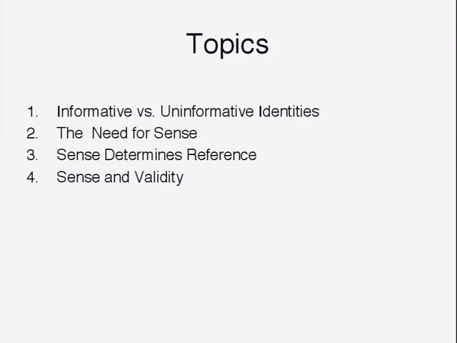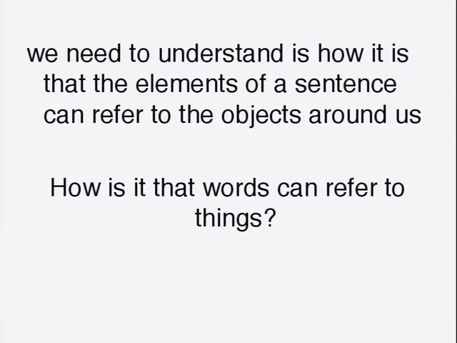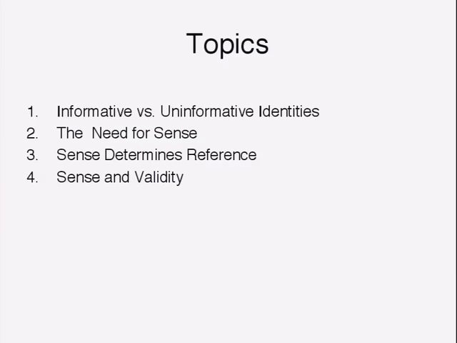What I'll do today is set out what the point is. So Frege starts out with a distinction between informative and uninformative identities. Then he says that shows that there's such a thing as the sense of a sign. And it's the sense of a sign that fixes what the sign stands for. So this notion of sense is going to explain how it is that words can refer to things. That's the strategy. So to start with, we need something about this distinction, informative and uninformative identities.